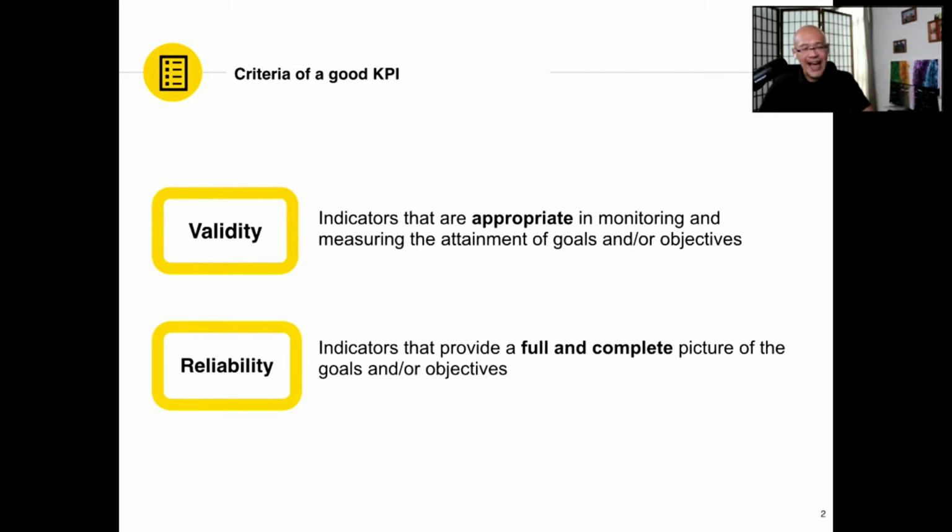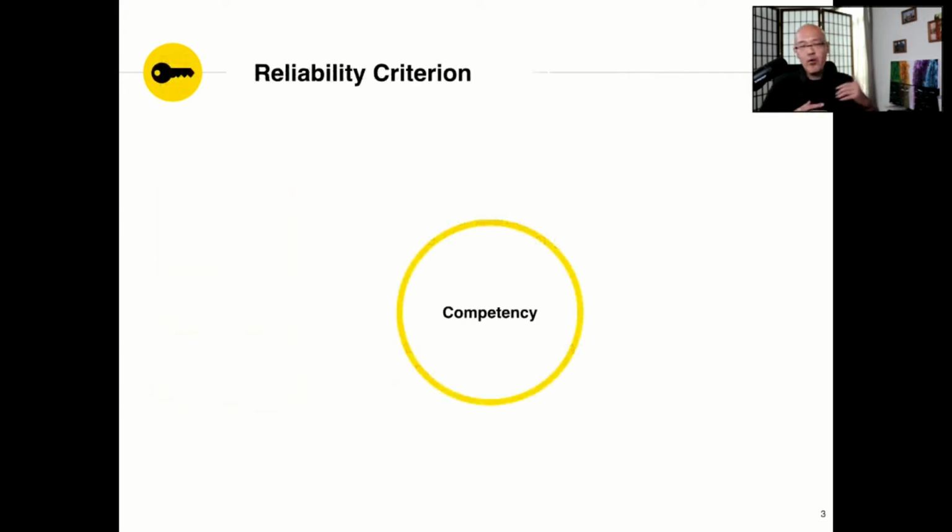Now, let's take a look at an example of a goal and its indicators so that you get a better idea. Let's say what we want is competent staff. We all want our staff to be competent and to be able to effectively carry out the strategies in the classroom, to be able to teach effectively. That's what we all want. And so, in order to get there, as the school staff developer, what you would be looking at is, what kind of programs can I mount to equip my teachers with the necessary set of skills?